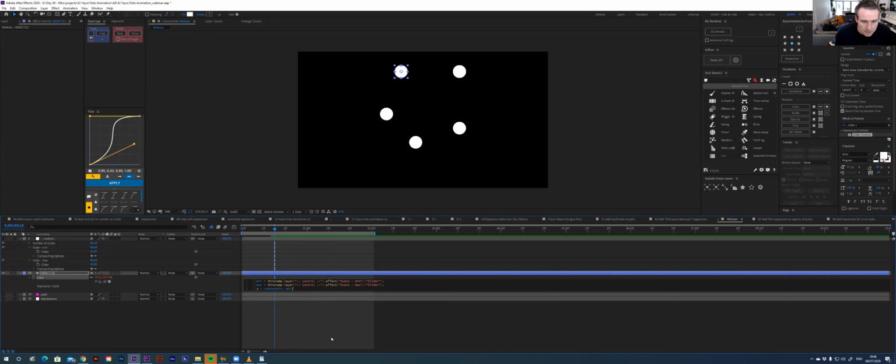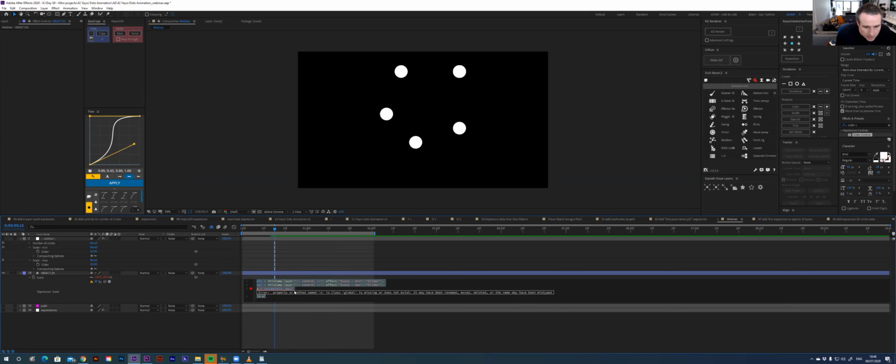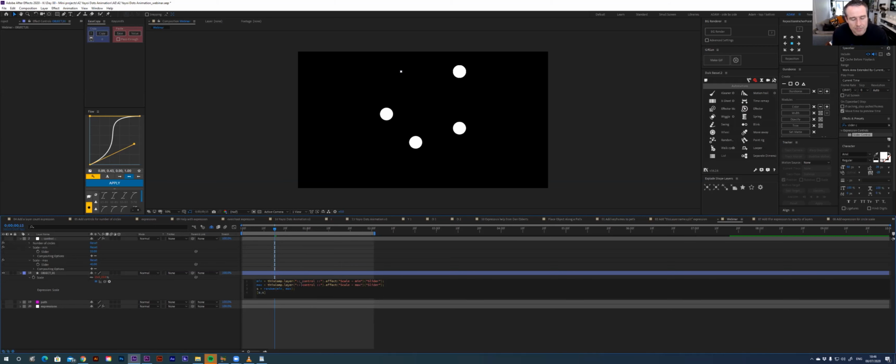Because we want the scale to be proportional, so we don't want the circle squashing or stretching, I'm going to put S, S, so it gives us exactly the same output value for the horizontal and the vertical. And unsurprisingly, I've typed something in wrong there. I think it's simply just adding a, yeah. If you forget to add a colon at the end of one of the lines, you'll get a hazard sign. So now we've got a random